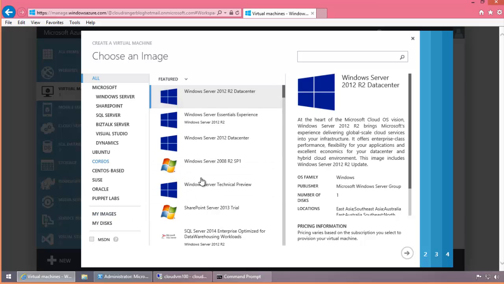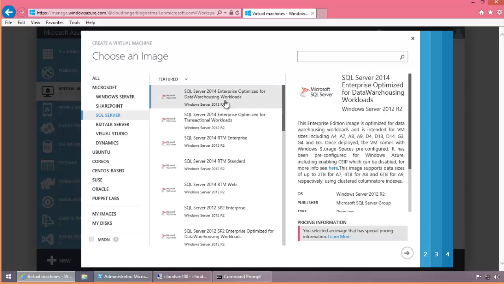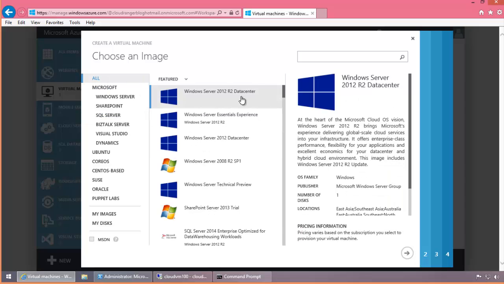But all the images that you are seeing over here, even if it's something like a SQL Server, so if we go and deploy this image here, which is going to be SQL Server 2014, already pre-installed, pre-configured for you, the price of this virtual machine is going to be a little bit more than a regular VM because the licensing cost is also absorbed in running that virtual machine. Anyways, we'll go into details for that later, but for now, we are going to just choose the Windows Server